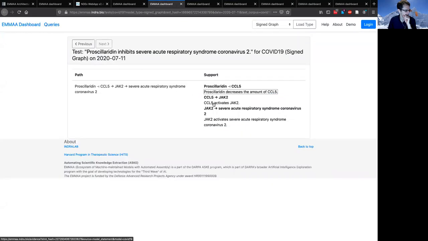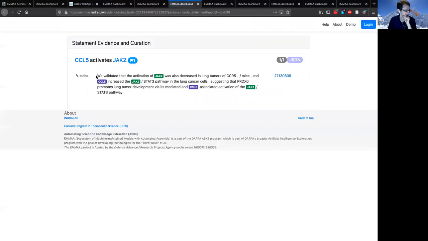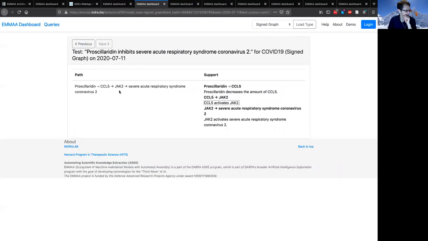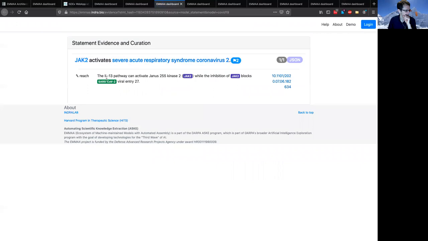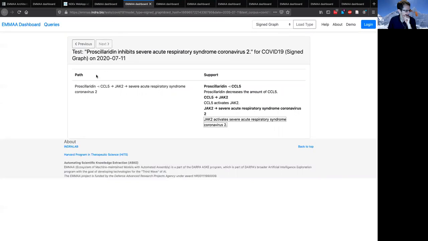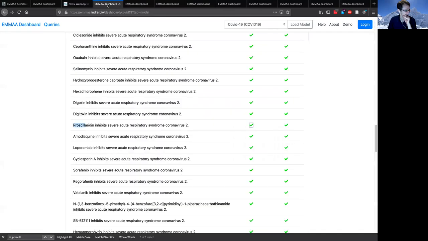And then the link between CCL5 and JAK2, we can see here that there's evidence for that from text mining. And then finally, the link between JAK2 and SARS-2, we can see here that inhibition of JAK2 blocks SARS-CoV-2 viral entry. So the idea here is that this path is saying that procellarigenin overall is inhibiting JAK2, which would inhibit viral entry. So those are some